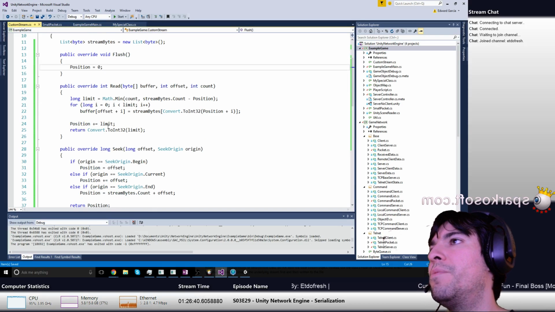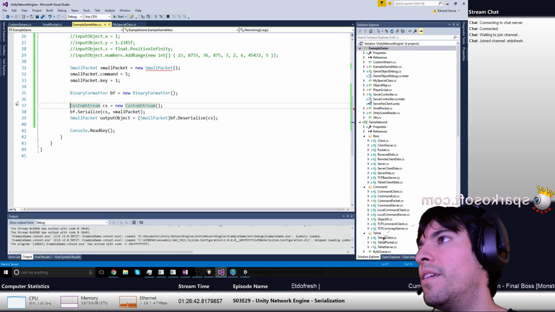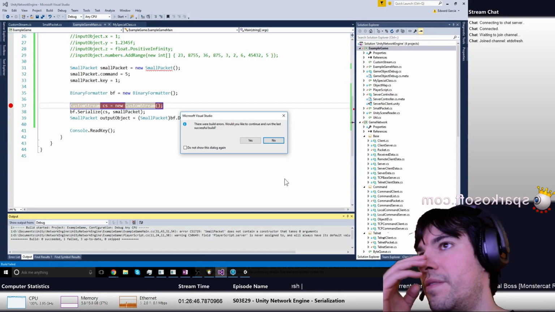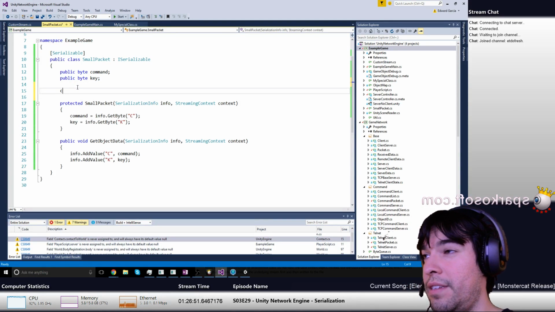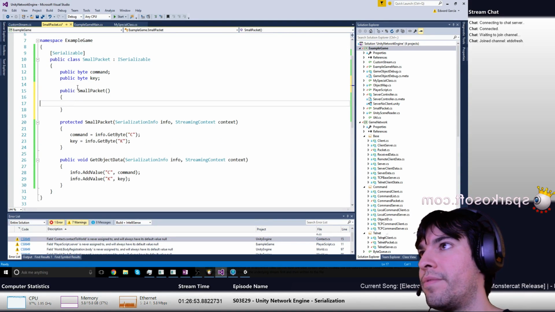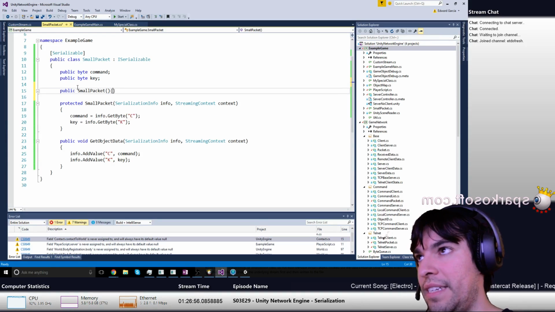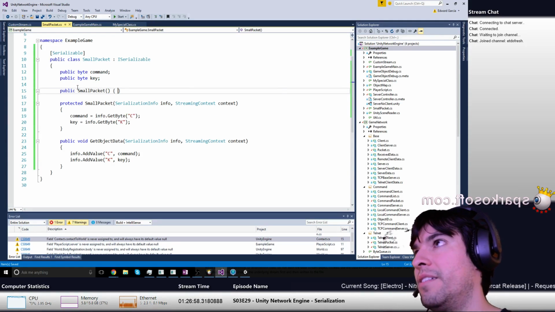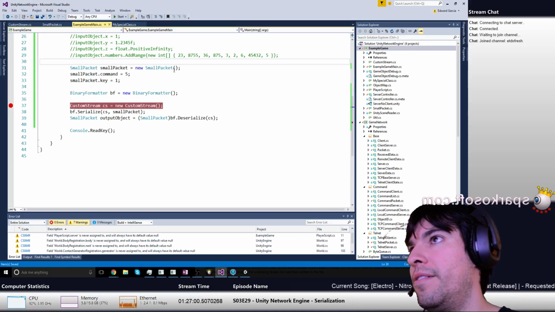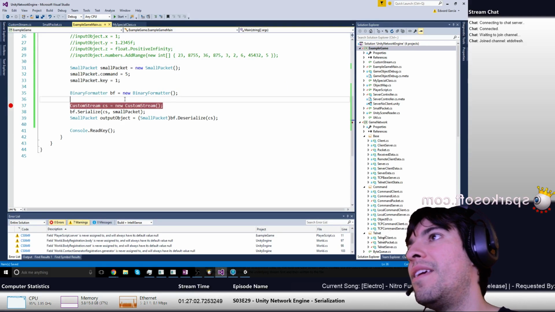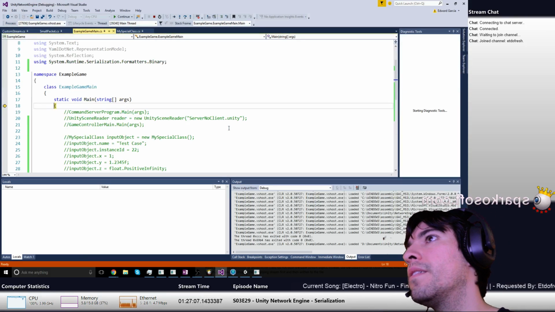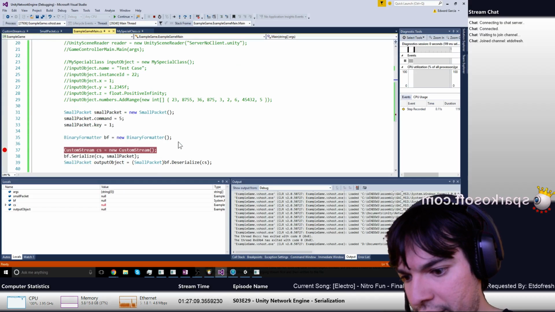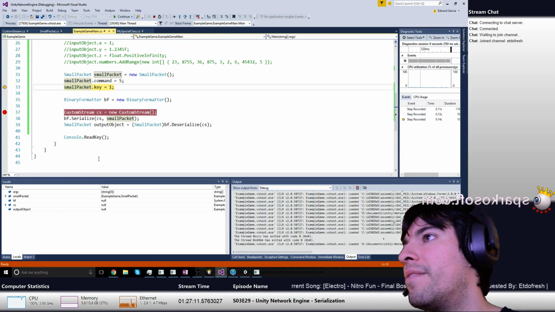And then I looked at my custom stream, or if I looked here, oops, I see that I don't have a CTOR. I just need a blank CTOR like that, just so this won't give me an error. Okay, so new small packet, command key, and let's see what happens. So F10 a few times, small packet,